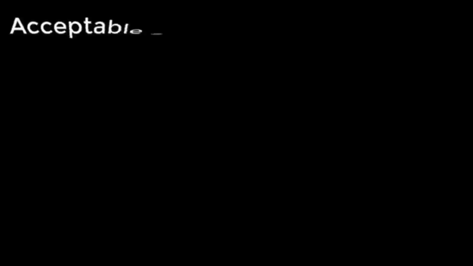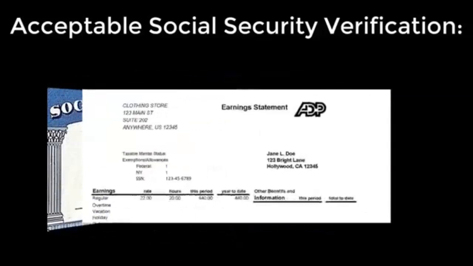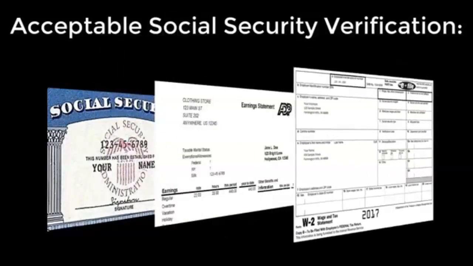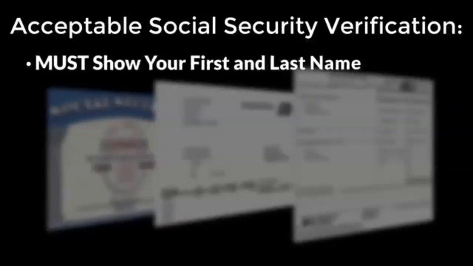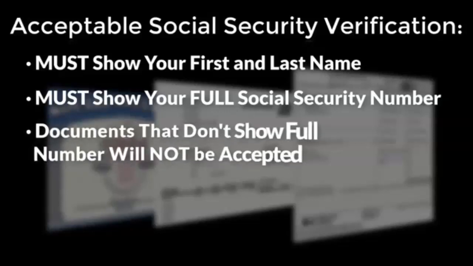For Social Security verification, acceptable documents include a copy of your Social Security card, pay stub, or a tax form such as a 1099 or W-2. Whichever document you end up using, keep in mind that it must show your first and last name, as well as your full Social Security number. If your pay stub only shows the last 4 digits of your Social Security number, it will not be accepted